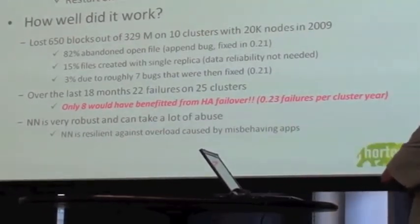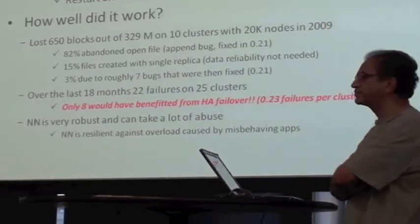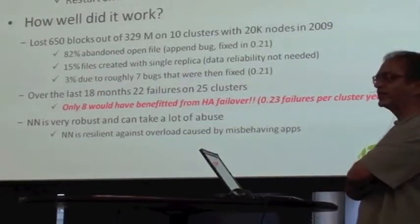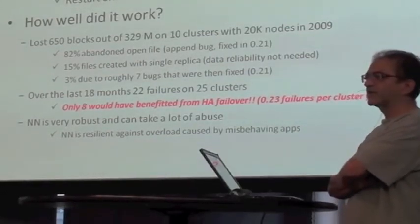Then we started to look at the failures of the Namenode. So over the last 18 months, we had a total of 22 failures. By failures, I don't mean